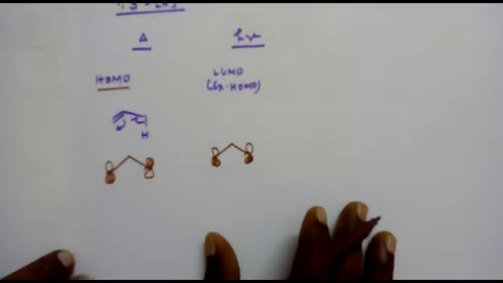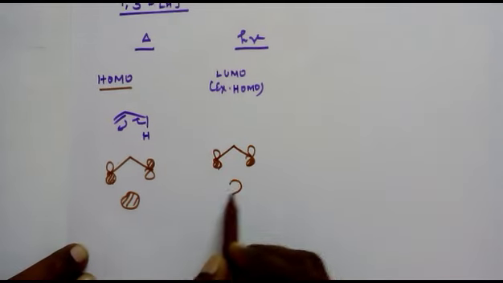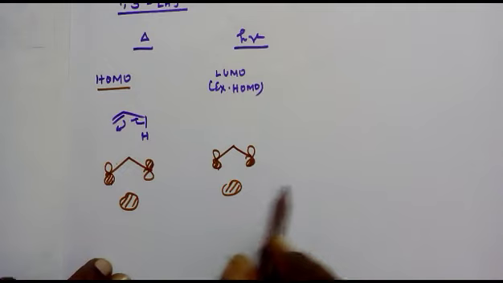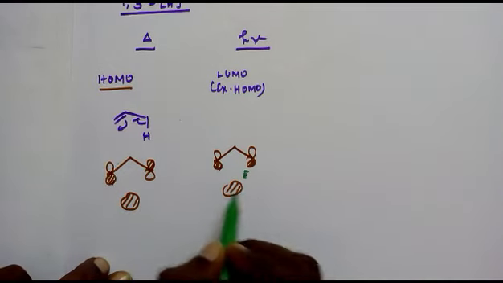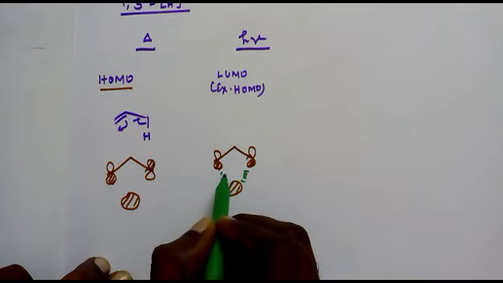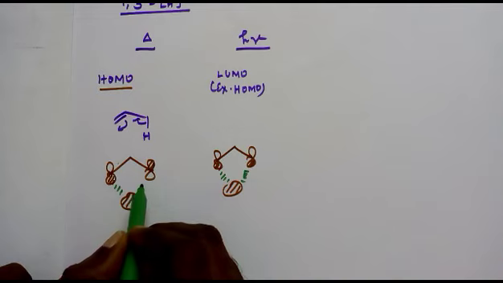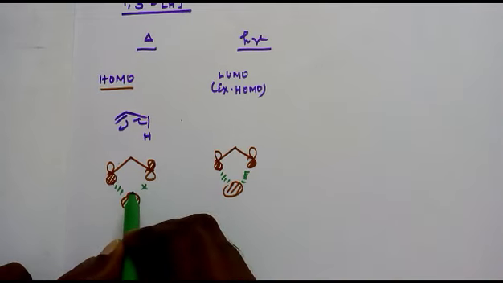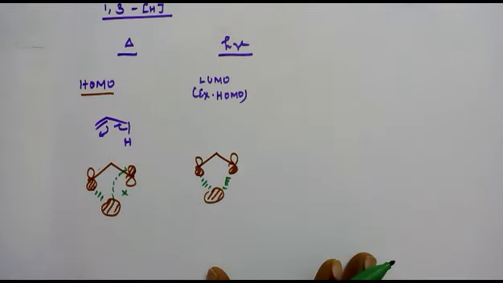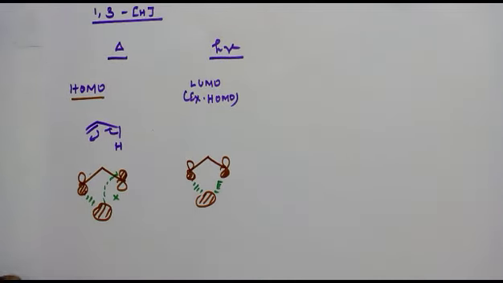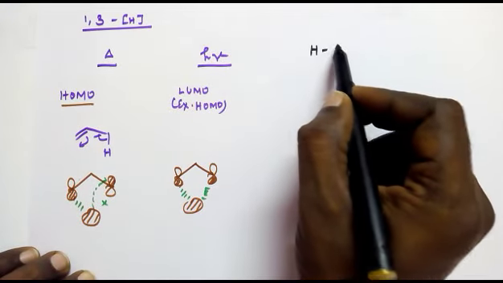Now let us take up the hydrogen. Here the hydrogen s orbital overlap: suprafacial overlap is possible. Here it is symmetry allowed, but here it is symmetry forbidden. In that case, only antarafacial is symmetry allowed. Now the rule for hydrogen shift: